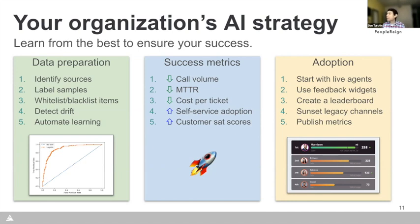And then lastly, on the right side, adoption. So five things that we see the most effective organizations do better than all the rest. One, good practice, start with live agents, use the feedback widgets, create a leaderboard. Oftentimes we talk about this as gamifying adoption, but intentionally reward users who make better use of the AI-based predictions and recommendations. And that can come in the form of a leaderboard for live agents,